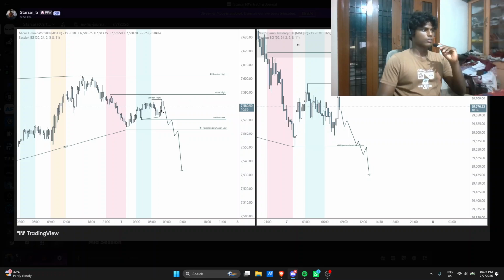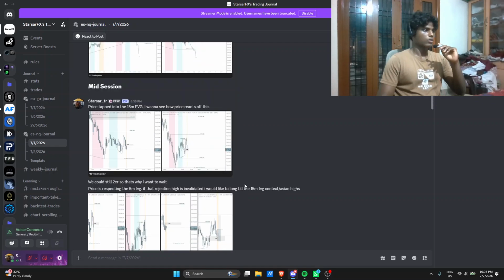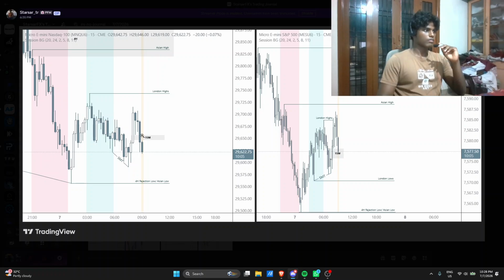The third scenario is if price just wants to keep going lower and have this SMT, I would love to take a shot. Basically, these three are my scenarios. First, we formed this 15-minute fair value gap and we inversed it. With this SMT, this 15-minute inversion looks nice for shots.